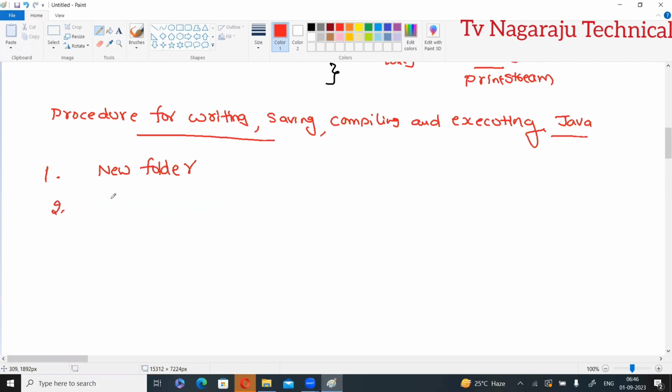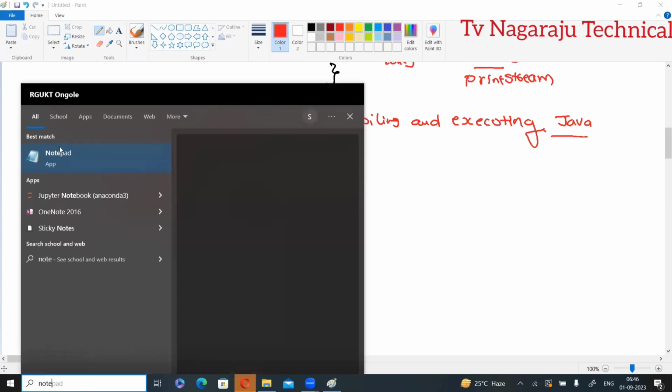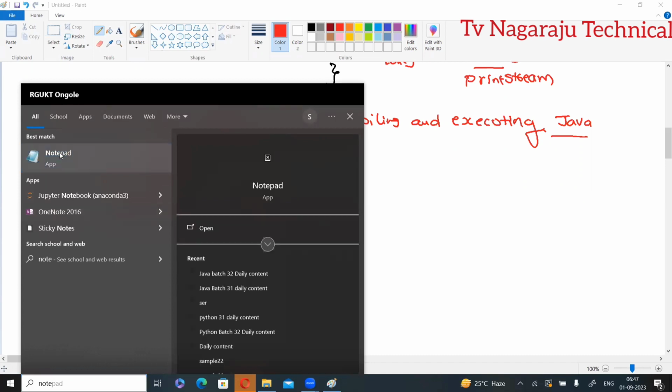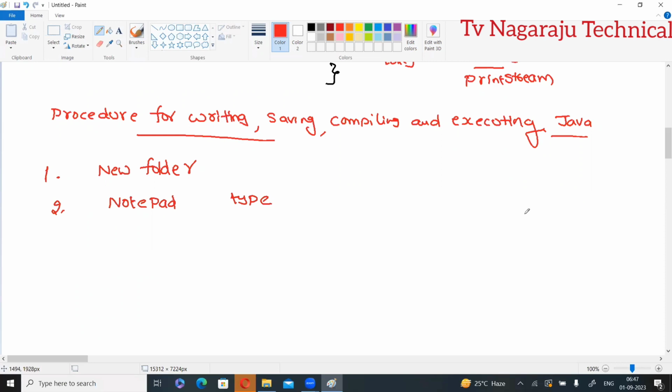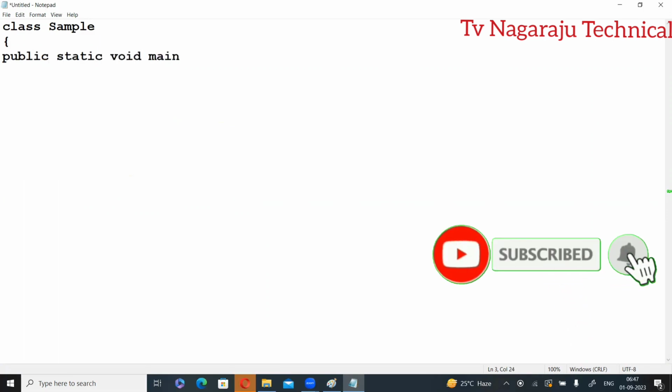Next step is to open Notepad. First, I will explain the programs using Notepad, and after that I will move to Eclipse. So open Notepad and type the program. Type the same program: class, capital S Sample, public static void main,